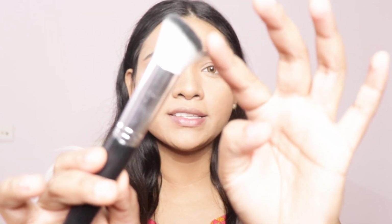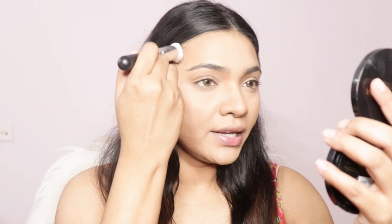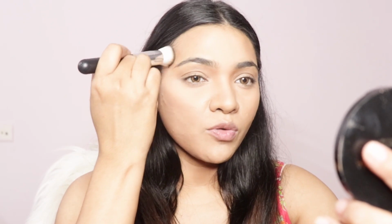Okay, so my contour is done. Next, I will move on to my bronzing. So for bronzer, I use a brush, which is a slanting brush, and it looks something like this. And the bronzer I'm using is Rimmel London Natural Bronzer. I'm gonna dip the brush. How I bronze my face is I apply it on the sides of my face, like the perimeter of my face, starting from the hairline only. Very soft and tiny strokes. I love bronzing my cheek. And then over here on my jawline, I'm just warming up. You see, I'm not really applying the product on a particular place. I'm just warming up all the way from my forehead to my cheek, then to my jawline in a